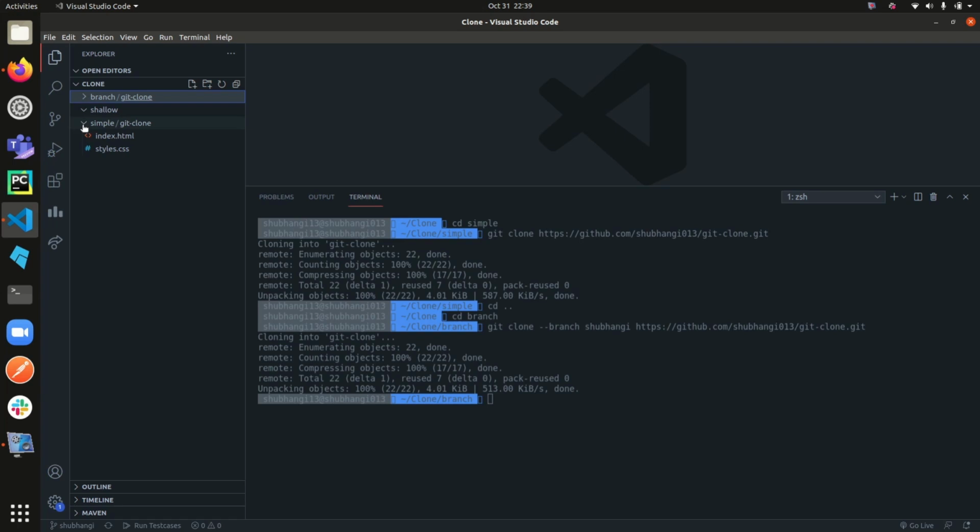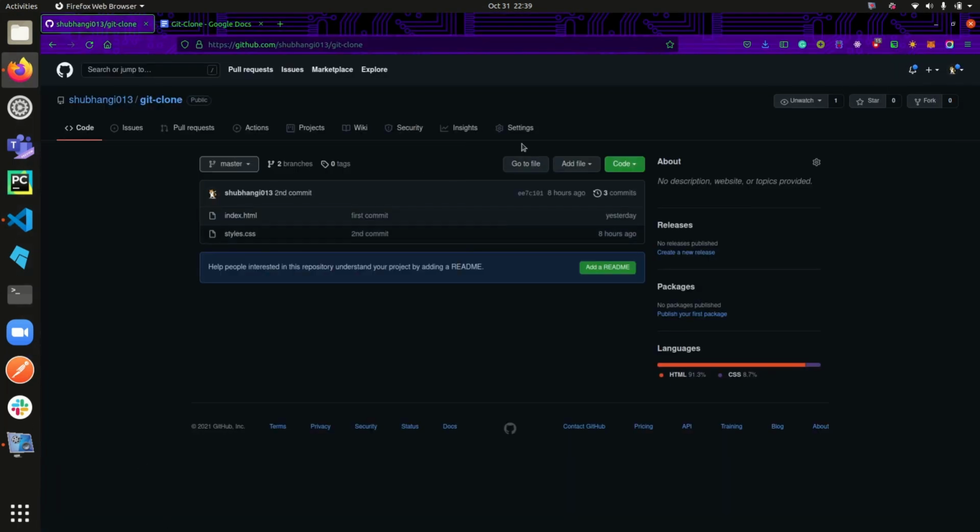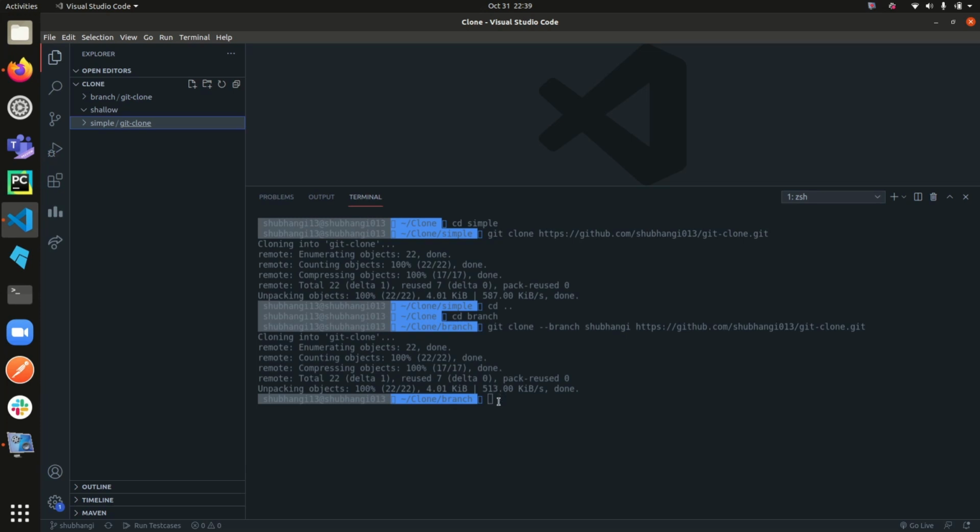Now what if my working tree is pretty vast? What if there are lots and lots of commits? It has a very long history, and while cloning I only want the recent changes. Now this is where shallow cloning comes into play. You need to shallow clone a repository for this purpose. I'll again change my directory and switch it to shallow here.